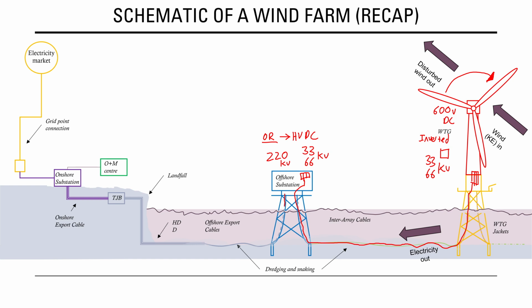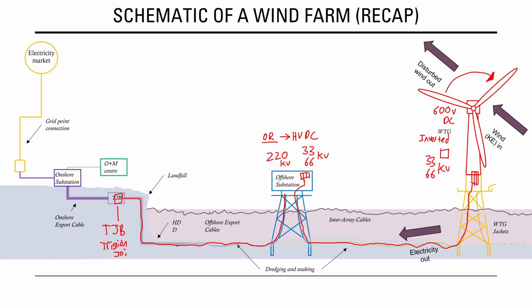Then it will go out a minimum of usually 2 export cables, which are physically in parallel to each other as well as electrically, along the seafloor until it enters a special drilled duct called an HDD, or horizontally drilled duct, which is a protective duct which allows the cable to make landfall at a thing called a TJB, which is the transition